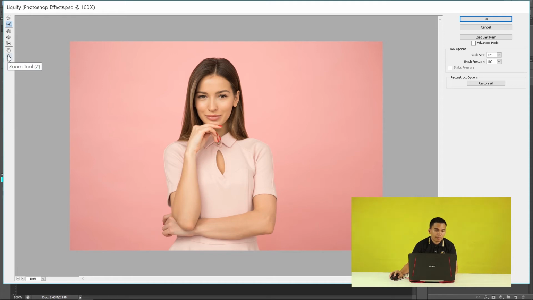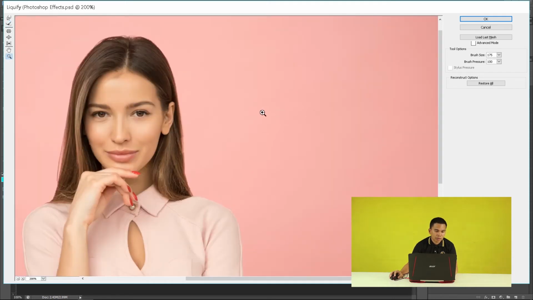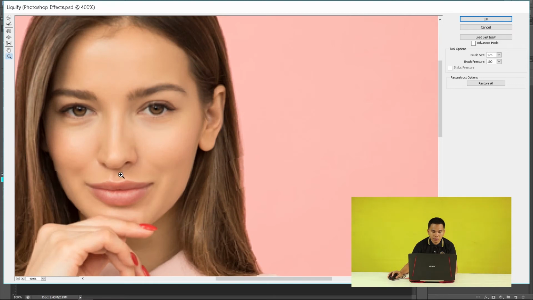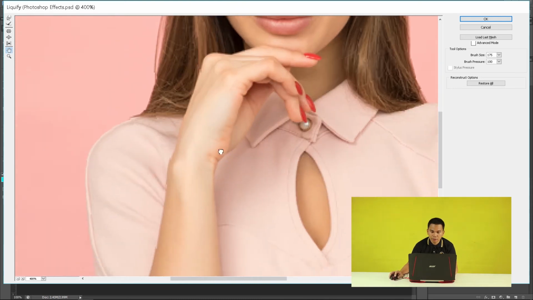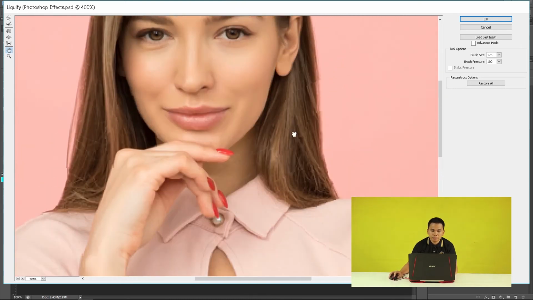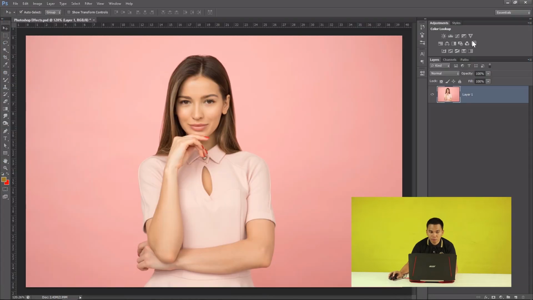And then we have the zoom tool. You can use this to zoom in or zoom out of your image. And when you're zoomed in, you can use the hand tool to move around your image. Well, that's it for our Liquify. Next is